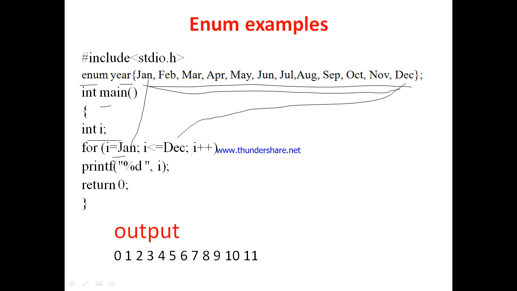And i plus plus, that means it increases by 1. Now if we print this value, printf percentage d i, then it will print all the values from 0, January, up to December as 11. Okay, so this is the output of this program.